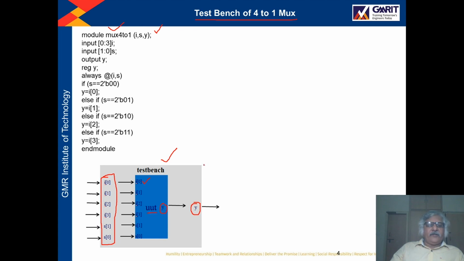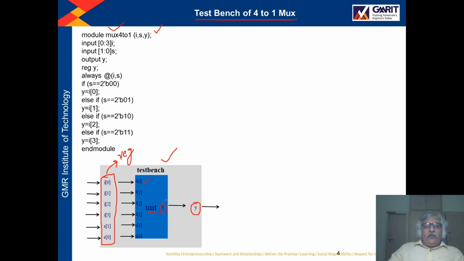So we have used the same names, and the ports of the test bench which are connected with the input ports of the unit under test should be declared as reg type. So these ports of the test bench are attached with the input ports of unit under test, so they will be declared as reg type during the test bench writing.